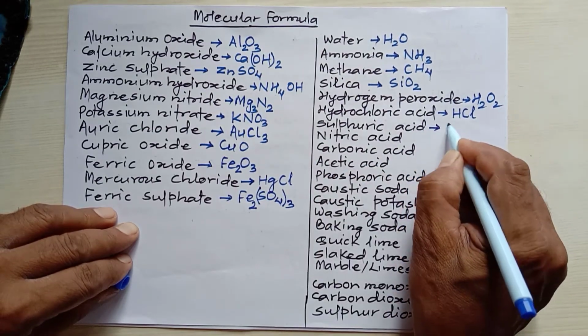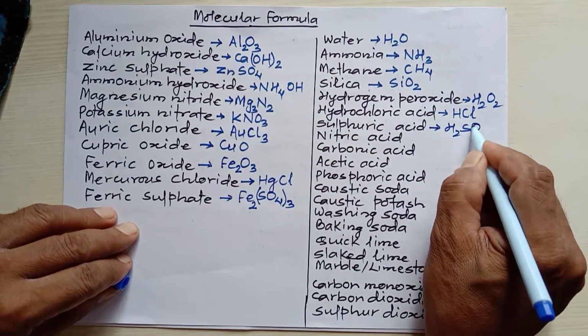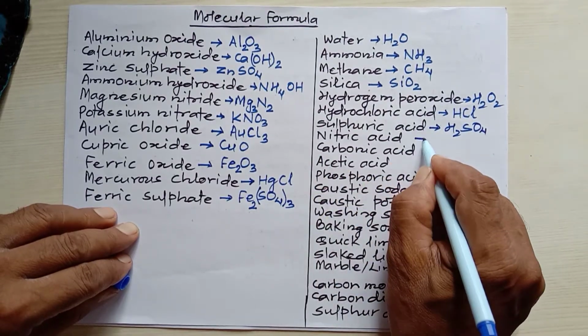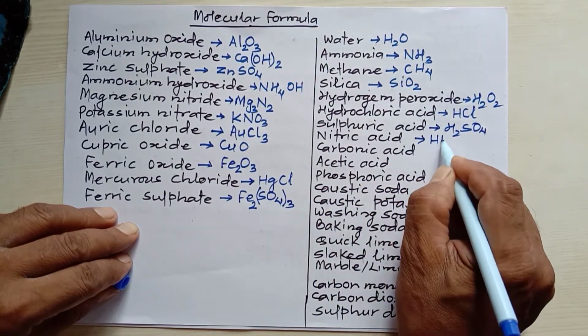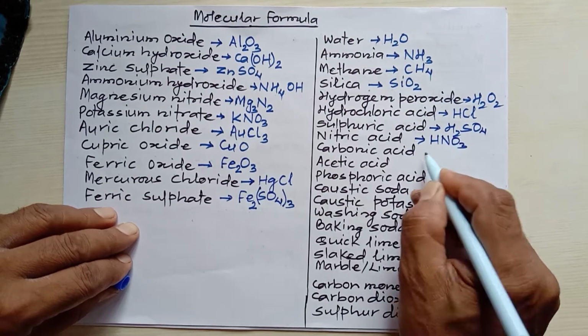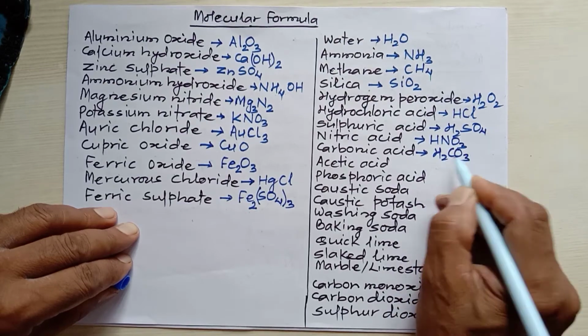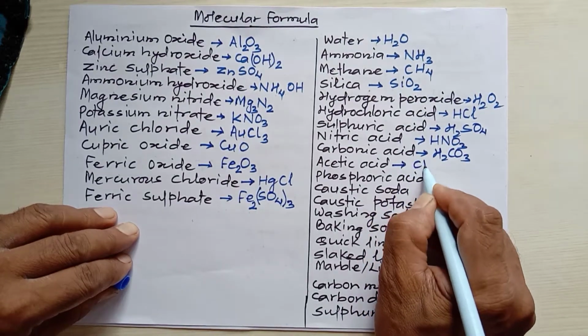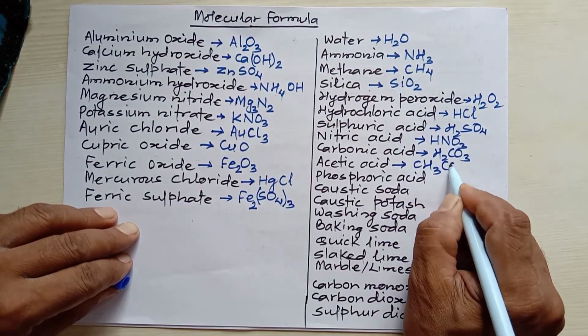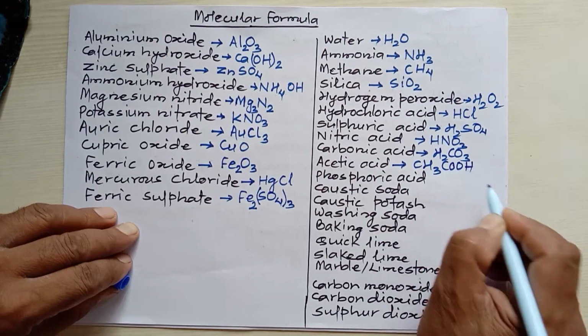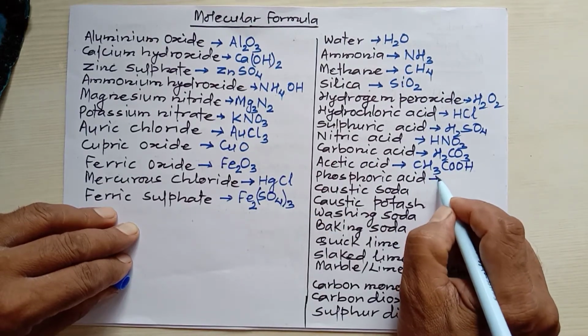Sulfuric acid, H2SO4. And in the same way, nitric acid, HNO3. Carbonic acid, H2CO3. Acetic acid, CH3COOH. Now phosphoric acid,